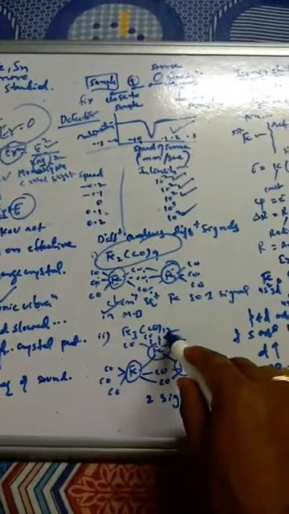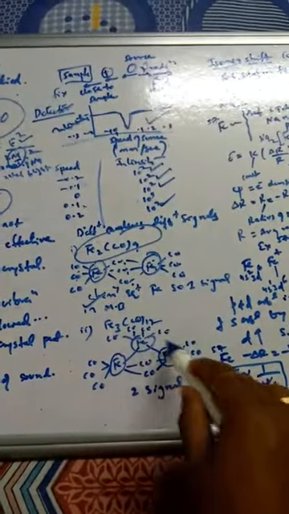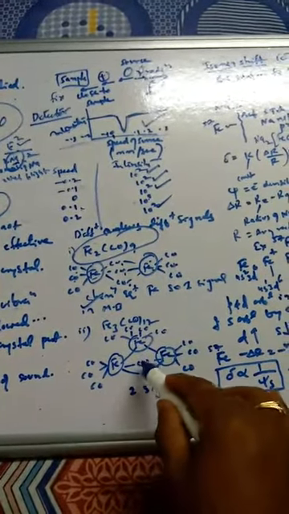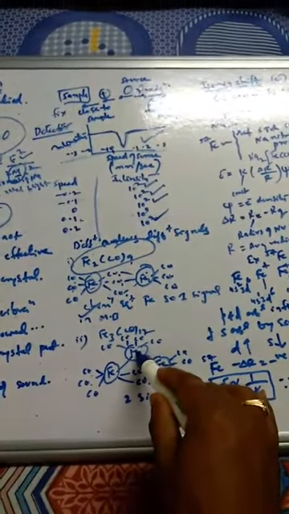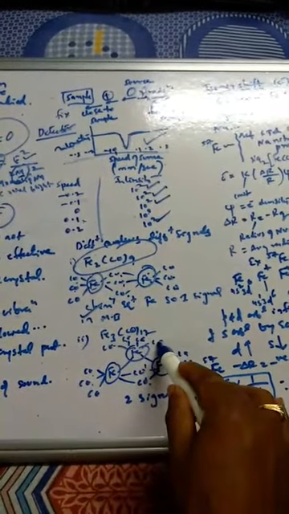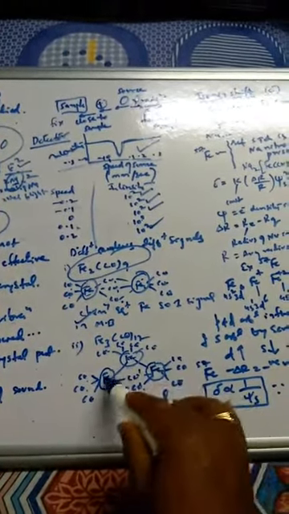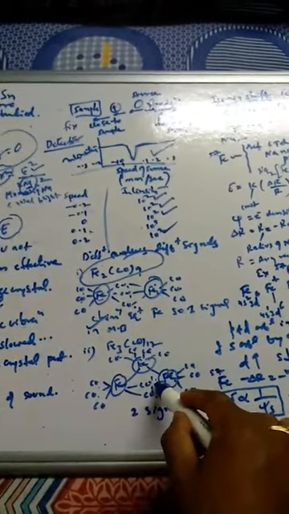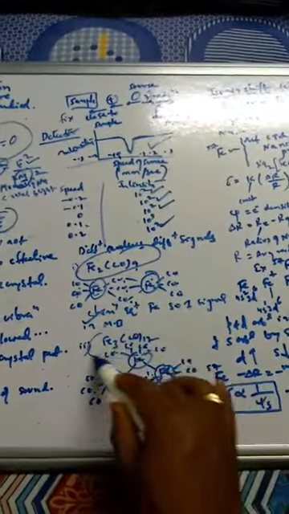Similarly, if you see Fe3(CO)12, look at the structure here: 1, 2, 3 irons, with 2 bridges. These 2 irons have equivalent chemical nature, with 3 terminal carbonyls and 2 bridging carbonyls each. But this other iron has 4 terminal carbonyls and is attached to these 2 different irons, and it does not have any bridging carbonyl like this. So how many signals may you get here? These 2 are chemically equivalent, but this one is not equivalent. That is why you are going to get 2 signals for Fe3(CO)12 in Mössbauer spectroscopy.